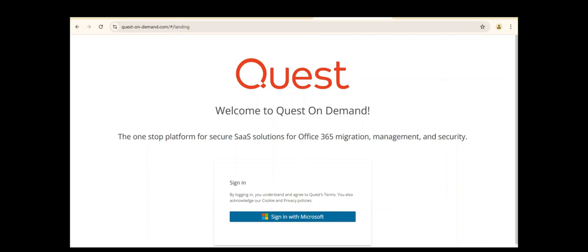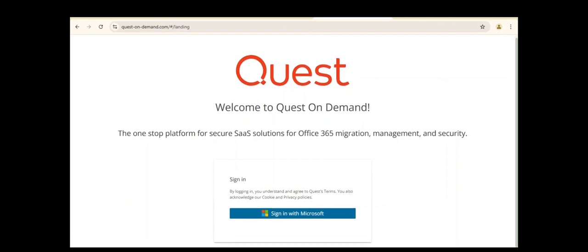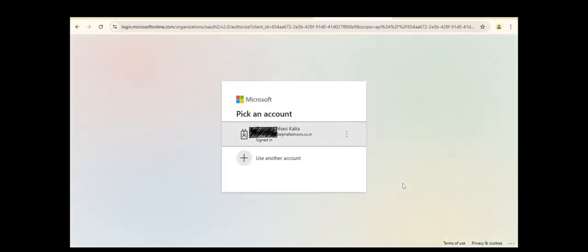And as you can observe, Quest now offers only one single option, that is to sign in with Microsoft. As soon as we click on sign in with Microsoft, I will get an option to use my Microsoft 365 account to log in. Whatever account you have,